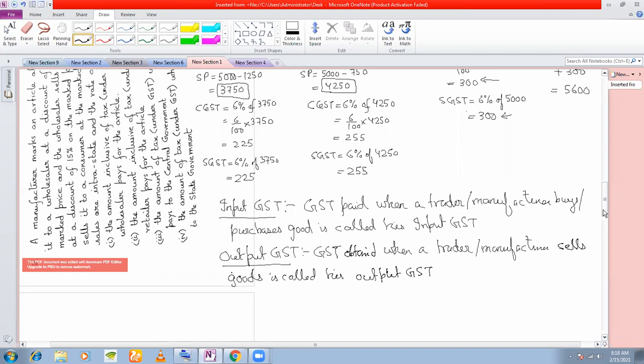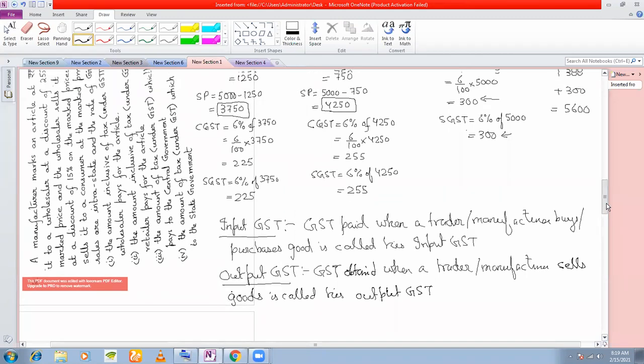Now the same item after purchasing, say after 2 days, I'm selling it to someone. Now to whoever Mr. X I am selling, Mr. X is giving me my selling price. Okay, he's giving money. So in the form of money, what is he giving me? He is giving me my selling price, definitely. And added to the selling price, he's giving me GST. Right? Now, this GST that I am getting from selling it to the consumer or selling it to whoever I want, this GST is called my output GST.